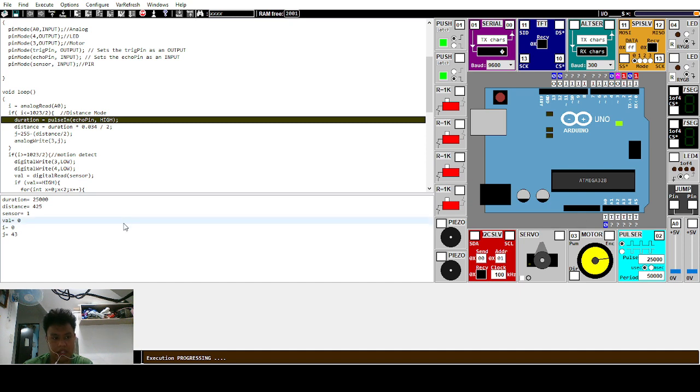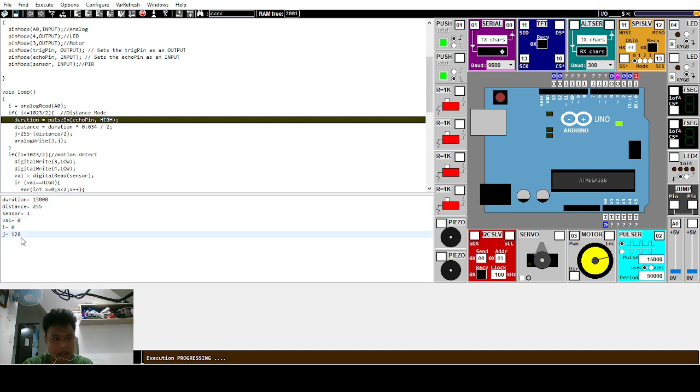So the motor is not running that fast. But if we shorten the distance or shorten the pulse to say 15,000, you can see the motor increase its speed because the distance now is at 2.5 meters and the speed is